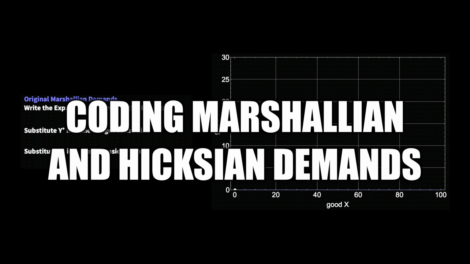Today we are building and visualizing indifference curves and budget constraints to calculate uncompensated and compensated demands. That is, Marshallian and Hicksian demands. So let's get started. This consumer utility equation states the consumer's preferences, and this budget constraint equation states the consumer's